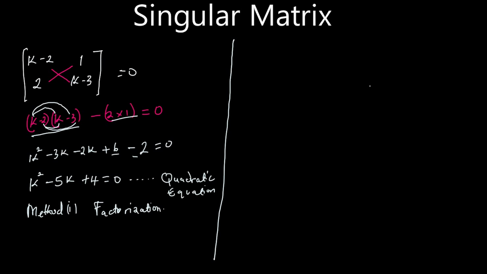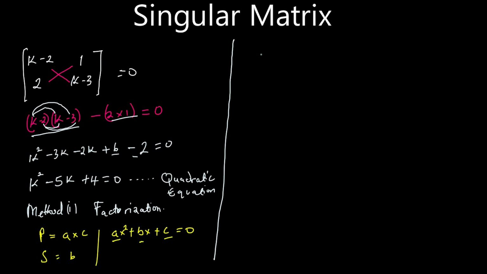So by factorization, we pick two numbers whose product will give us a times c, and whose sum will give us b. Given that a quadratic equation is in the form ax squared plus bx plus c is equal to 0, we need two numbers whose product will give us a times c,